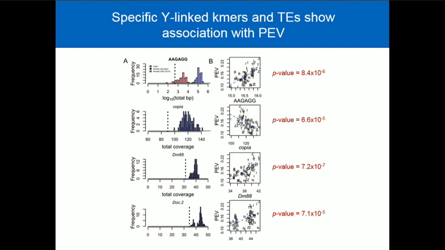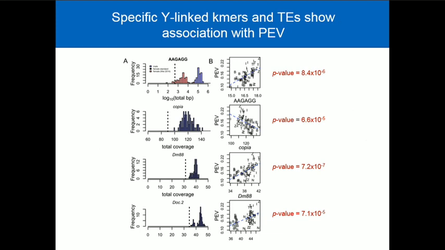All right. So now we have a lot more information about those Y chromosomes. We know all the k-mers on them, so we can play a correlation game. So what's correlated with PEV? It turns out many of these repeats are showing fairly highly significant associations between the abundance of that particular k-mer and the degree of position effect variegation. And now you have to pay attention to the fact that those k-mers were not all independent of each other. So modulo the correlation structure of the k-mers, there's at least some relationship between a particular Y chromosome's configuration and composition of k-mers and its impact elsewhere.